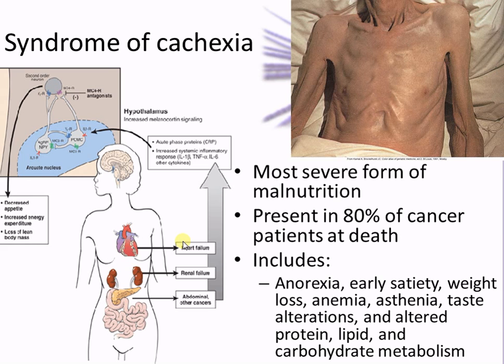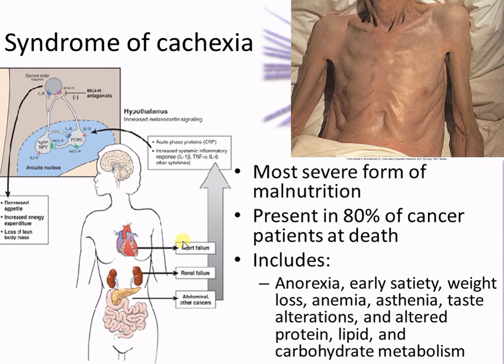Think of the GI tract the same way. Your GI tract turns over about every 7 to 10 days. You've got a brand new inner lining of the GI tract. If they can't reproduce that, it just keeps sloughing off. I can only imagine it being like having ulcers lining all the way along the GI tract. Would you want to eat anything? No. So it's not because they don't want to eat, it's that they feel like they physically can't eat because it makes them so upset on the inside.